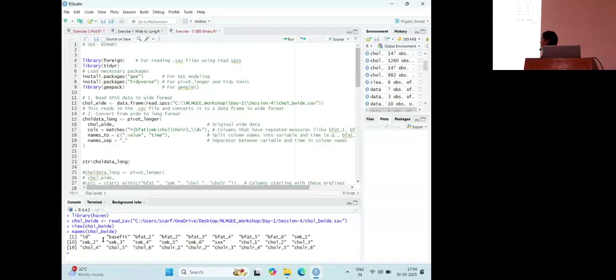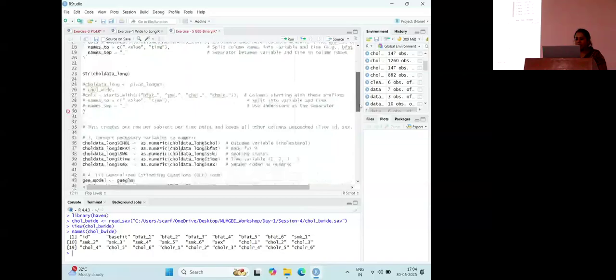Time is how many numbers after the underscore value. Okay, this is one way of mentioning the variables. Another way here,